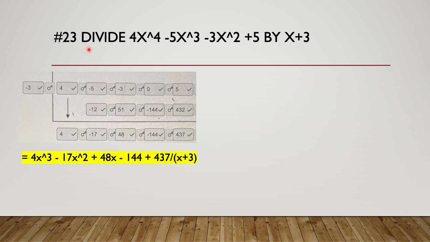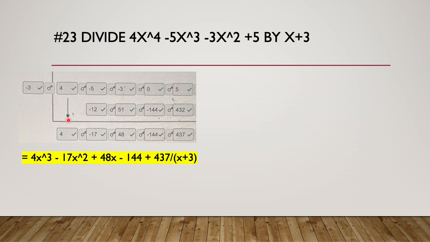For our final question, number 23, we need to divide 4x to the power of 4 minus 5x to the power of 3 minus 3x squared plus 5 by x plus 3, using this chart for synthetic division. After setting up our first row with the coefficients from each term and putting our -3 from the x plus 3 right here on the outside,